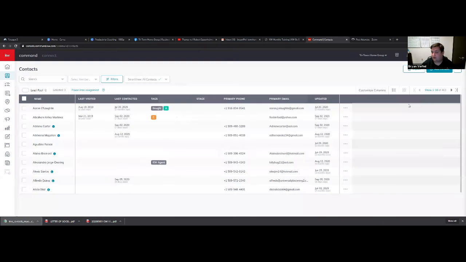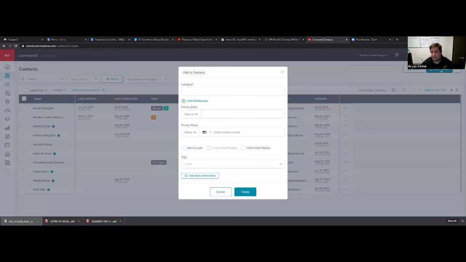So the next direct thing, going through the basics, is add contact. Now, this is a lot more than meets the eye. This is to add an individual contact. So today, we are going to create one for Thomas